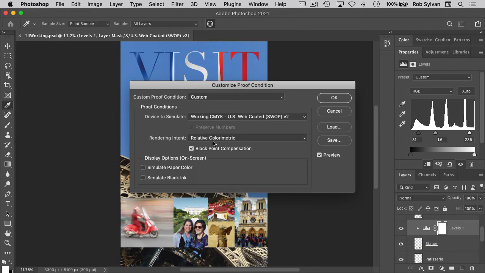Make sure Relative Colorimetric is selected for the rendering intent. A rendering intent determines how the color is converted from one color space to another. Relative Colorimetric preserves color relationships without sacrificing color accuracy, and is the standard rendering intent for printing in North America